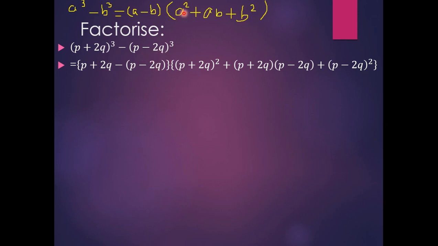And wherever there is A, P plus twice Q, plus from the formula. In place of A we have P plus twice Q, in place of B P minus twice Q from here, plus B square means P minus twice Q, and C square. Now we will simplify. So P plus twice Q will be same, minus P, minus times minus it will be plus twice Q. Okay, that we will write in the next step.